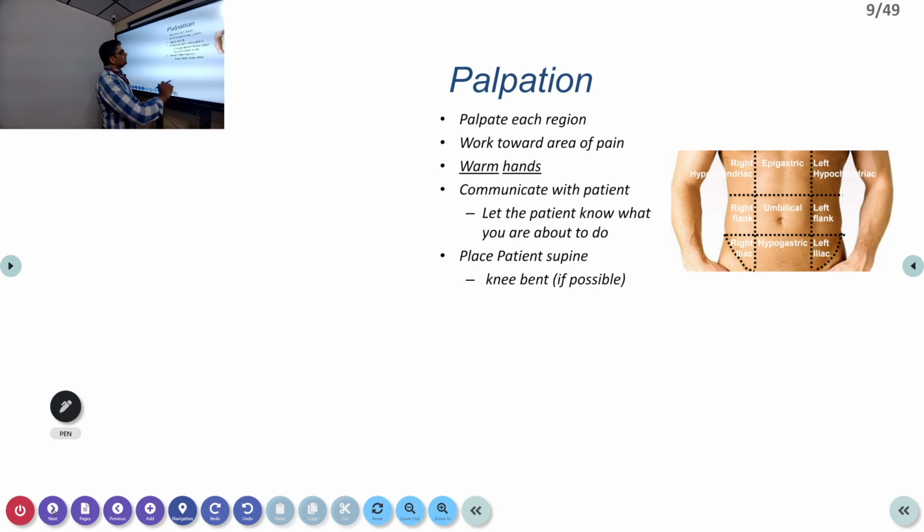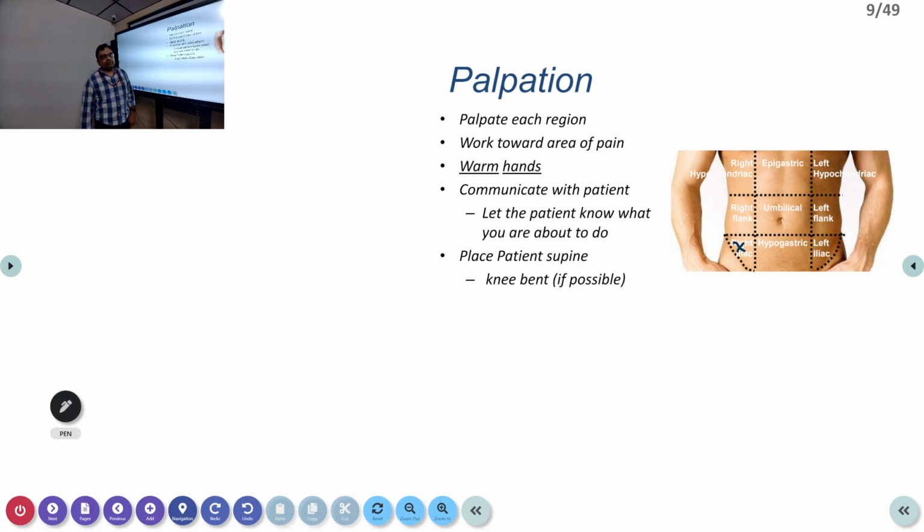Okay, so you have to palpate each region. For example, if the patient has pain anywhere, always keep away from the pain when you are palpating. For example, if you are suspecting appendicitis, a patient has pain in the right iliac fossa, always palpate the other parts and restrict the right iliac fossa to the last. Wherever the patient tells that he has severe pain, always make it a point that you examine it last. Mainly because the patient will get apprehensive. If you go and palpate the right iliac fossa and you cause pain, the patient will get apprehensive